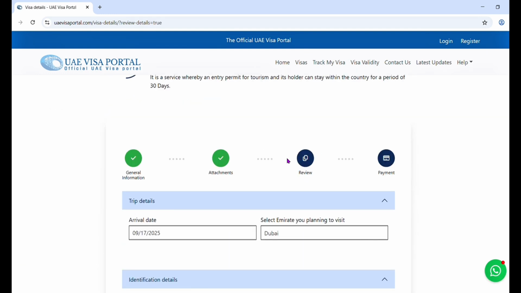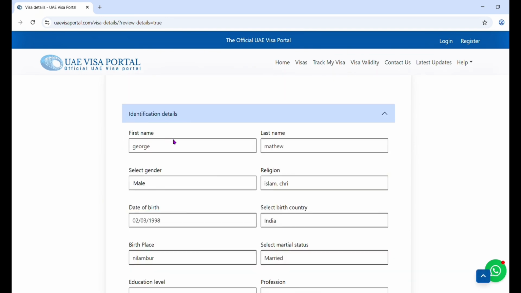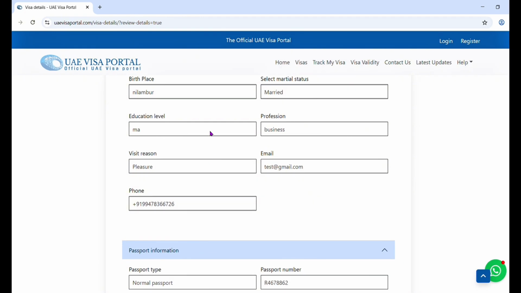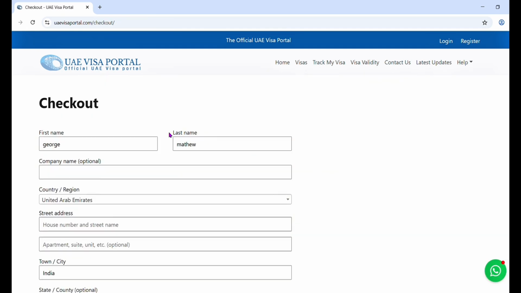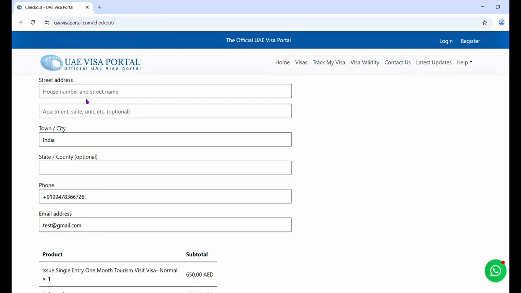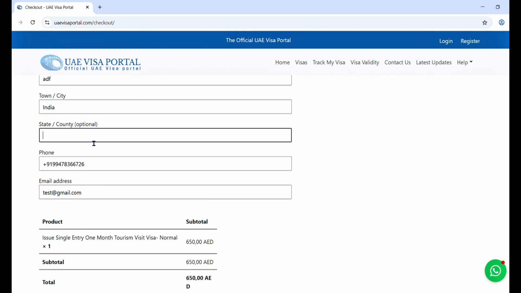Then there is the review option. Check all the data, that everything is correct, especially your passport details. Check everything properly, then proceed to payment. Once you do the payment, you will get the confirmation mail.